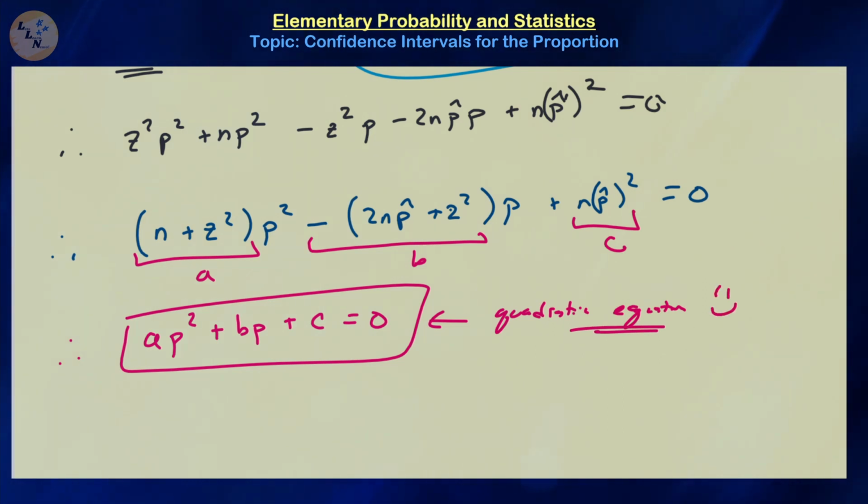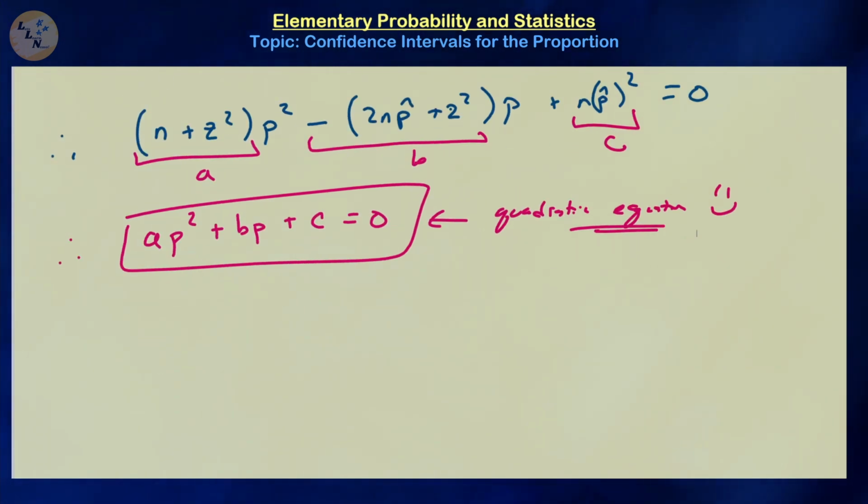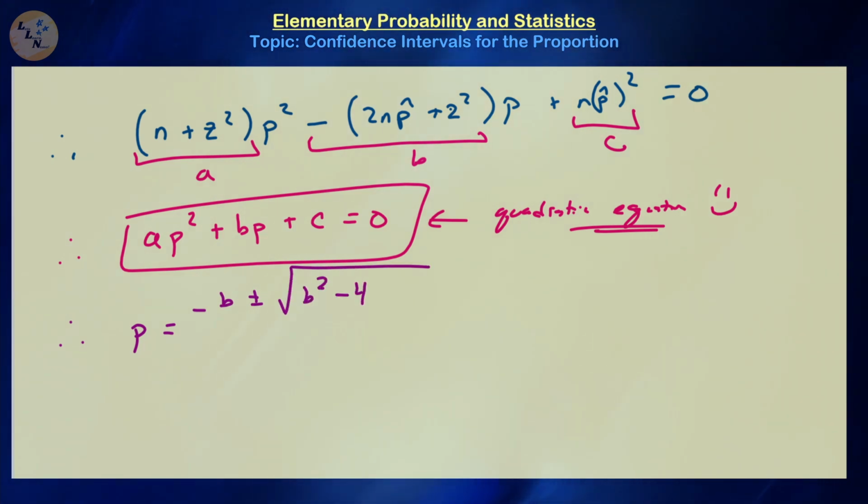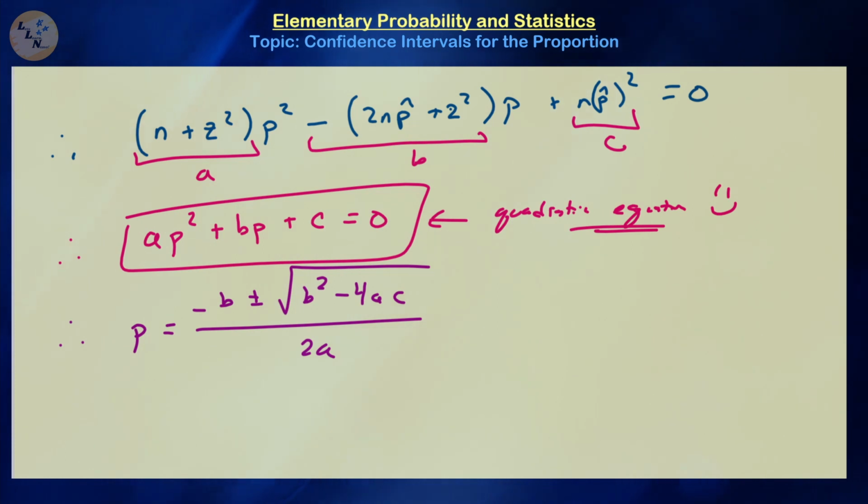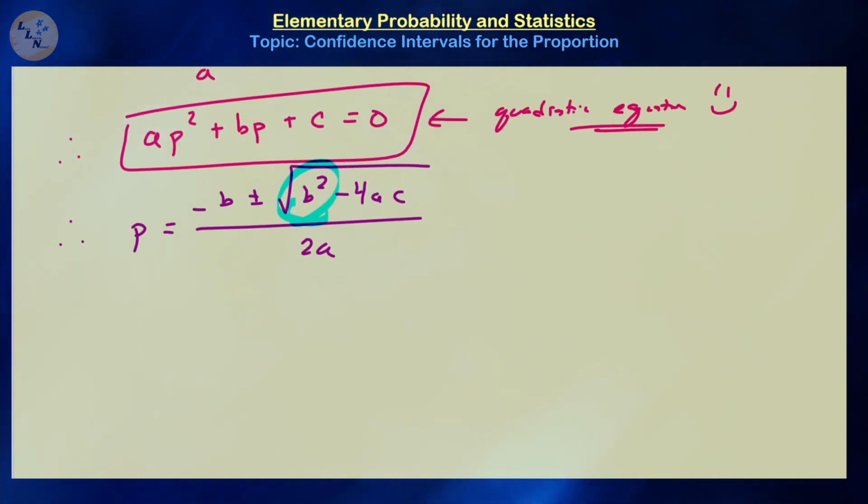So how do we solve quadratic equations when the terms are not necessarily nice? The key: quadratic formula. So remember, to solve for p, p is going to be equal to negative b plus or minus the square root of b squared minus 4ac, all divided by 2a. Now this might look a little bit scary, but b squared might not be very easy to do, but I definitely invite you to if you are feeling very adventurous. So actually once you substitute b, a, and c into this formula, 10 hours later,